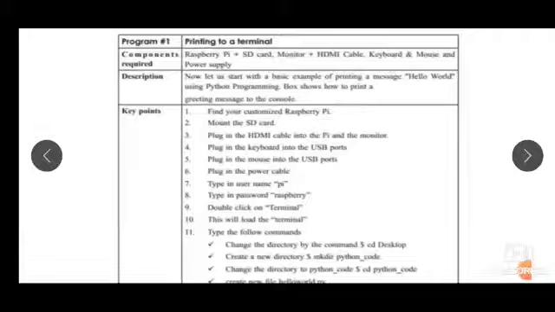Then you have to follow the commands, like you have to change the directory to desktop, then create a new directory Python code so that we can store all our programs in this directory. So create a new directory mkdir and Python code. Mkdir is for make directory, so you will create a new directory by make directory command and the name of the directory is Python code. Then from your current directory you need to change to the Python code directory, so you will use the cd command which is here. The cd command you will use and cd python code,